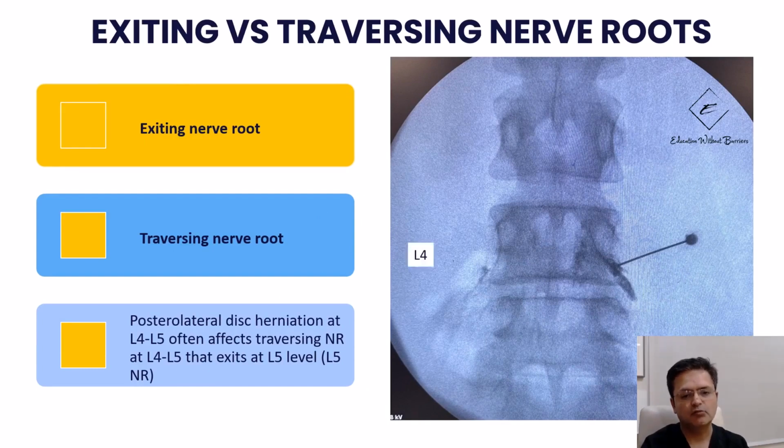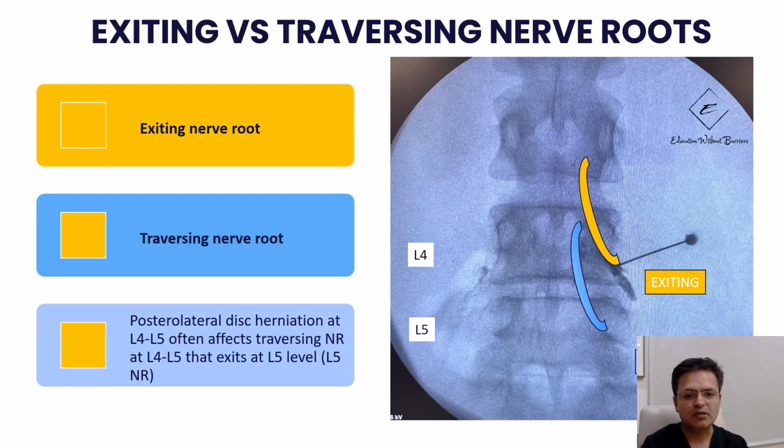So let's say this is L4 vertebra and this is L5 vertebra. And this is where the L4-5 disc is located. Now, what I have marked with the cartoon over here is the exiting L4 nerve root. Why L4? Because it's coming below the L4 pedicle. So that's the upper vertebra. So it's the L4 nerve root. And now what I've marked with the cartoon is the traversing nerve root. So this nerve root, which is traversing the L4-5 disc, is actually coming out from the L5 level. So it becomes the exiting nerve root at the L5 level, whereas it is the traversing nerve root at the